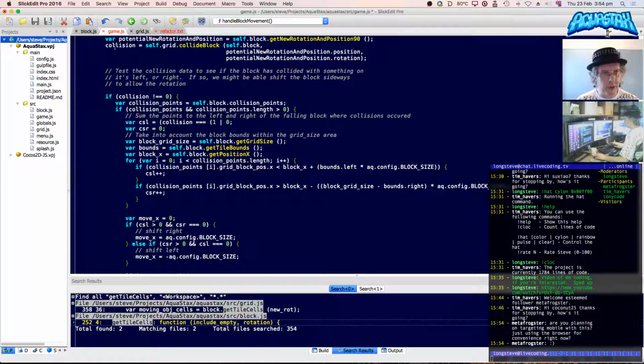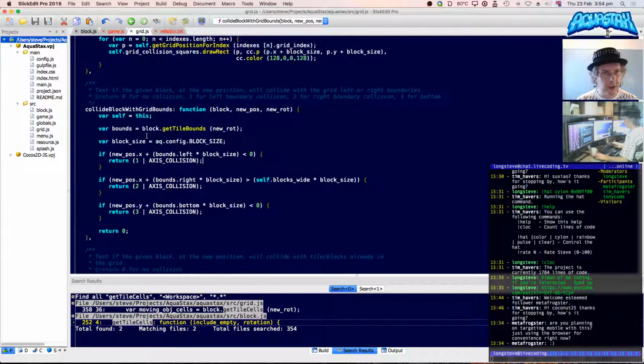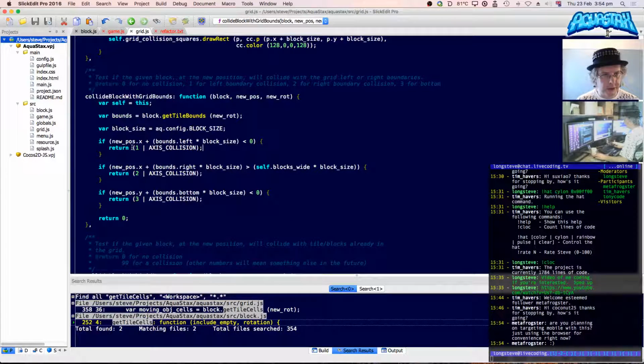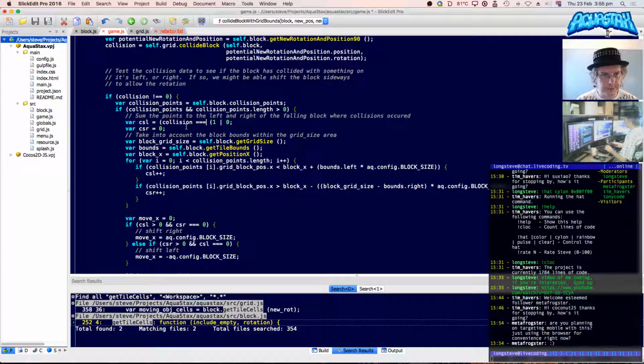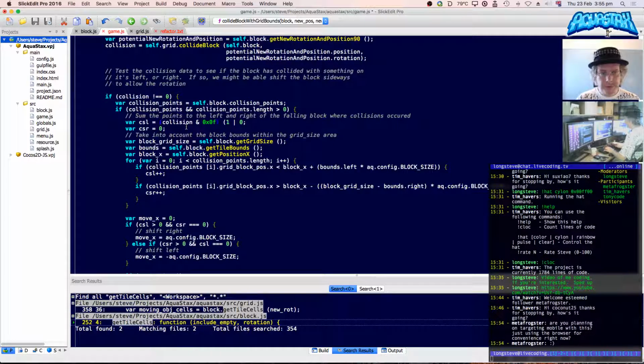Where was I? Collision equals 1. Orbit axis collision is on the left, isn't it? 1 for left boundary collision. Yes. So I could actually do this, couldn't I? Collision. Do that. Uppercase or lowercase for x values? I haven't got a convention. So if collision and that is equal to 1, then we know there's a left boundary collision, so we can set CSL to 1, otherwise we set it to 0.